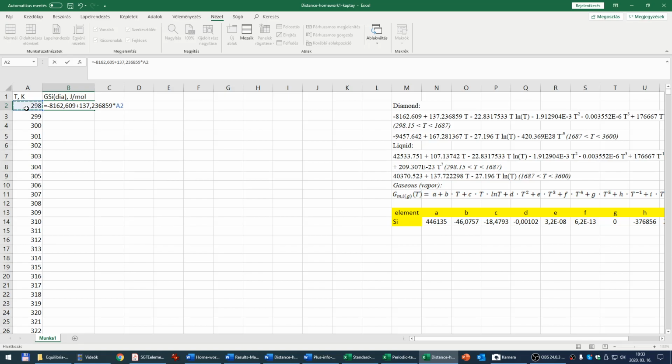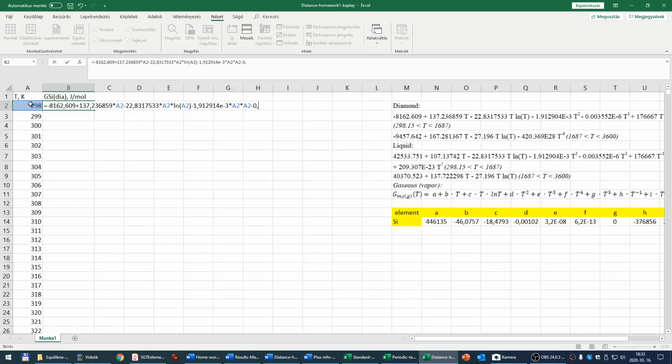This is temperature. Oops, here. Minus 22.8317533 times temperature times ln temperature, minus 1.912904 times 10 to the power of minus 3 times temperature times temperature,